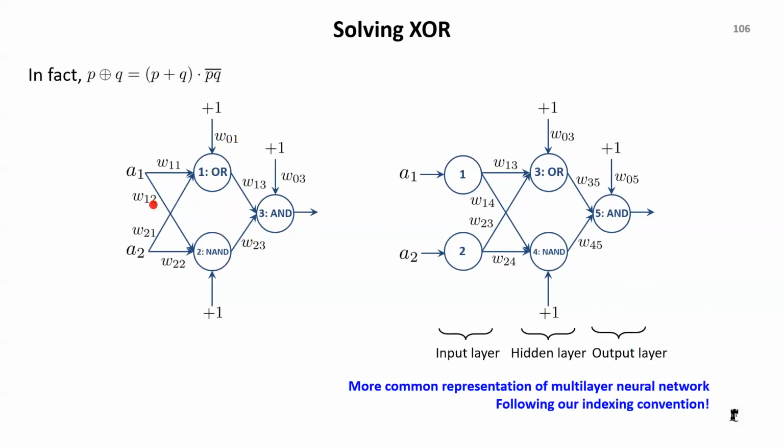when you read a book, some books draw it like this. Also, it can be drawn like this. They are the same thing. One thing that you want to make sure is the first layer is called the input layer and does not have a functionality, does not have activation functions, we call it. Is it clear about the nomenclature and the definition?